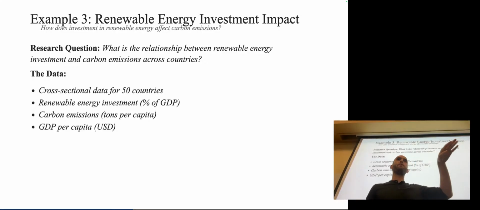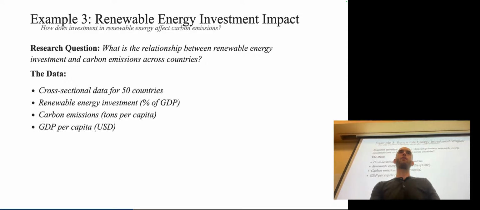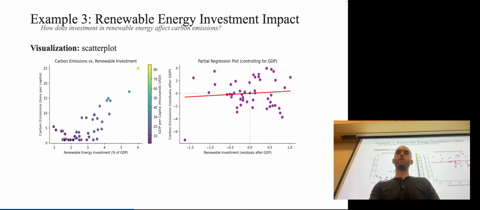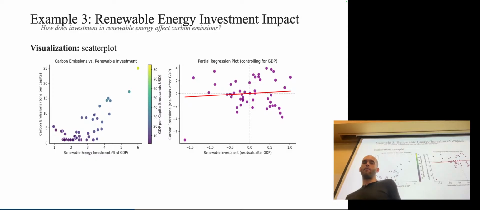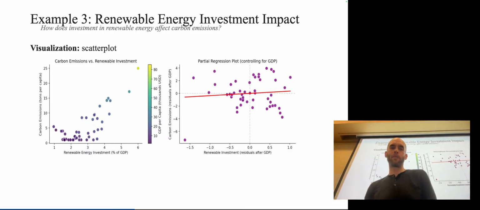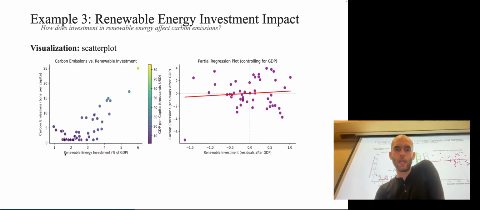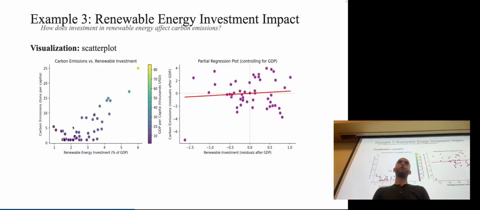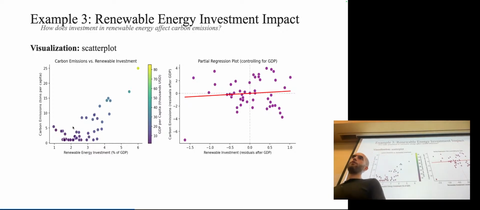We have a bunch of continuous variables, and what I'm going to do is just scatter each of these. I'm going to do this in a little more complicated way, using colors. This isn't something we've relied on a lot this semester, but I wanted to show you this and talk it through. So the first one, we have renewable energy investment as a percentage of GDP on the horizontal axis, and then we have carbon emissions as tons per capita on the vertical axis. And so you can clearly see that there's a positive relationship between these two variables, like our main variables after we've normalized them for like size of the country and size of the economy.